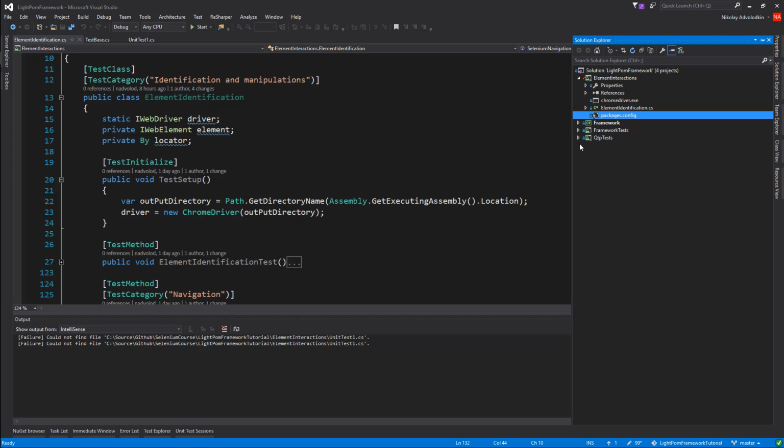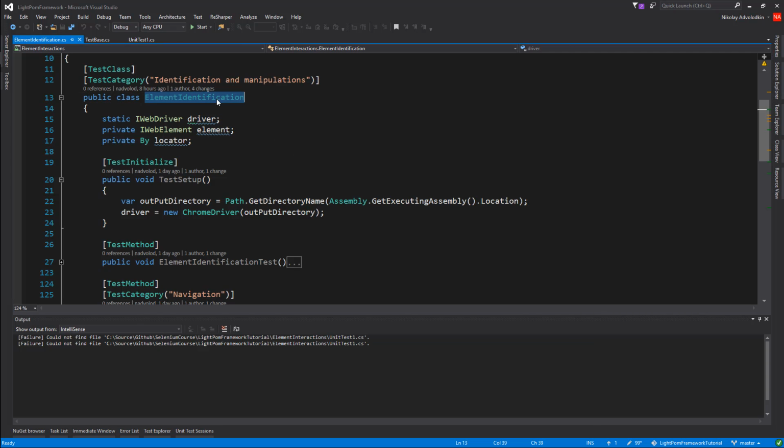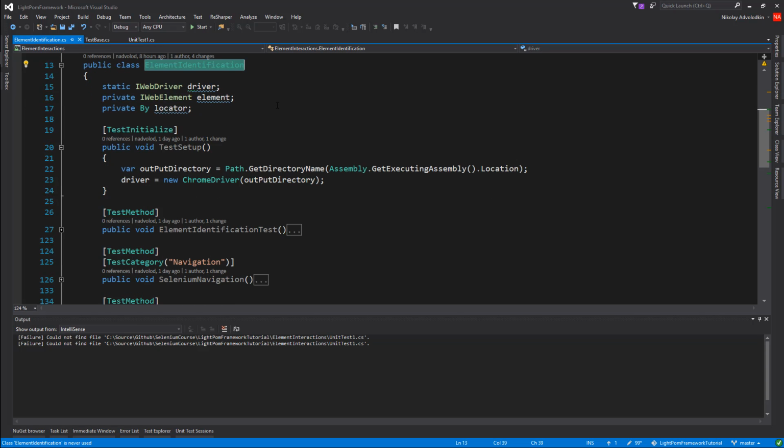I've just logically separated it out from the framework so that it's less confusing. In the QTP test, we used to have this element identification class. I simply moved it over. I've moved it over, and now we're going to have a bunch of tests that help us to understand a